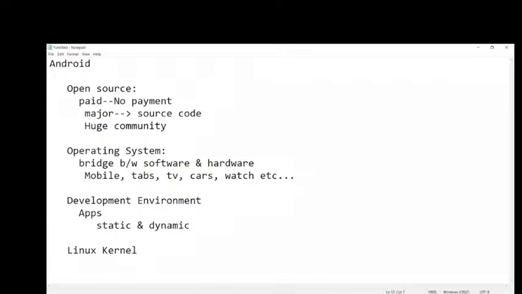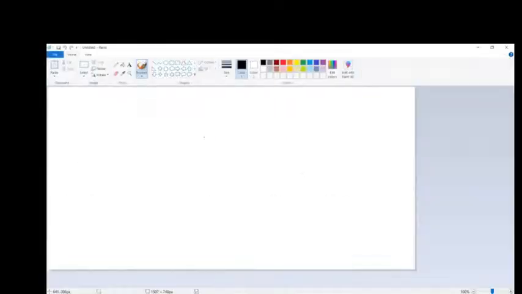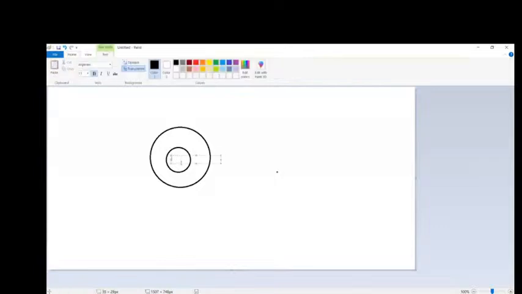Then next, the Linux kernel. I already told this, it's a part of the architecture. Android always runs on top of the Linux kernel. Let me show you a picture here. This is my application, this is my app.